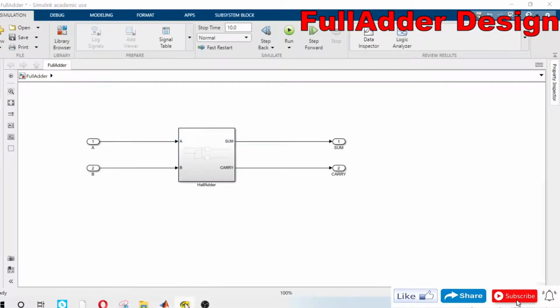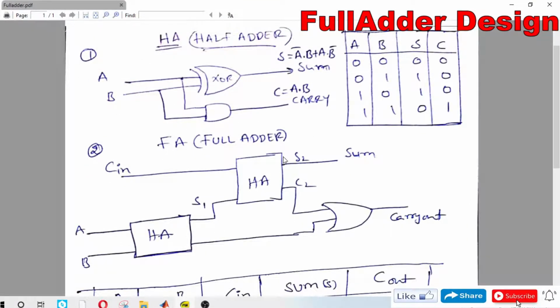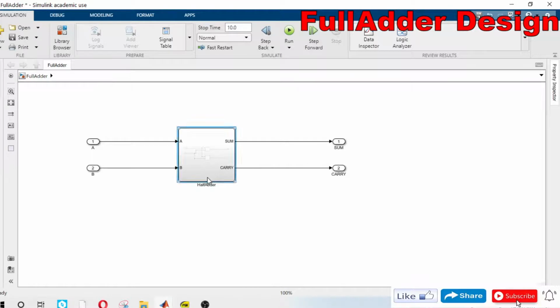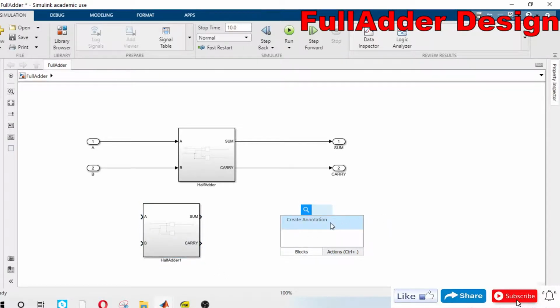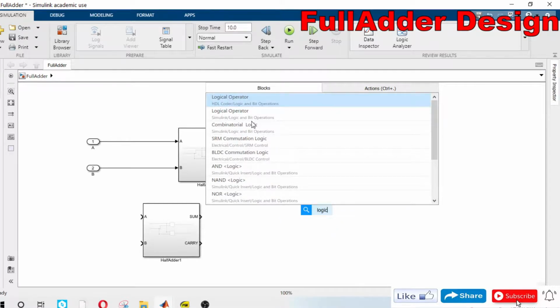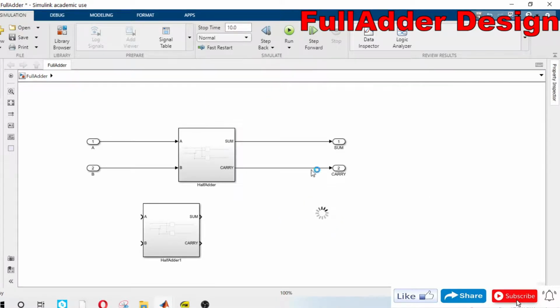Then according to our requirement, we have done the first one, we have created the half adder. We will now design the full adder. For this I need 2 half adders and 1 OR gate. We have created 1 half adder. I will just press Control, drag and release, to make another half adder, and we need a logic gate. Logical operator.